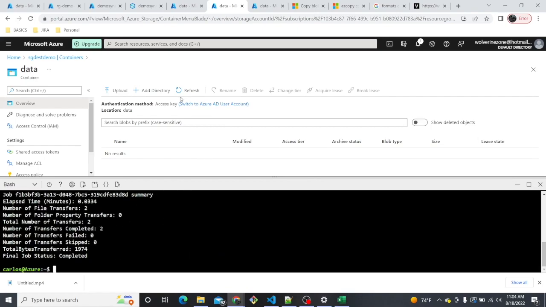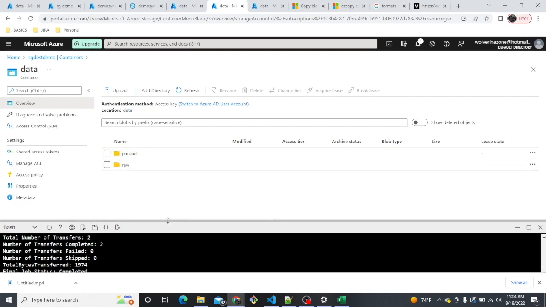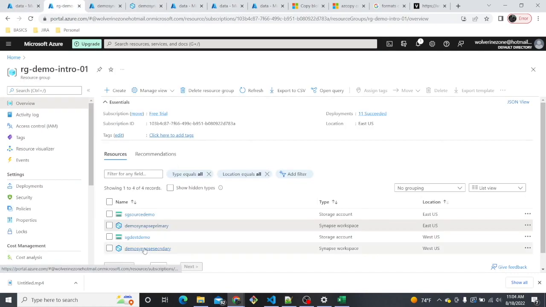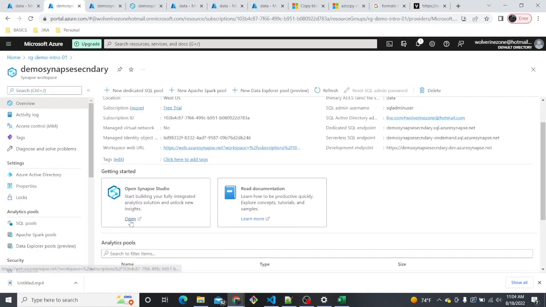and it finishes running, if I go up here and I refresh my blobs, I can see that both directories have been copied. So if I go inside raw, I can see that the CSV file was copied, and if I go into Parquet, I can see the same thing, the Parquet contents were copied as well. So now that I have done this, I can go into my secondary Synapse,